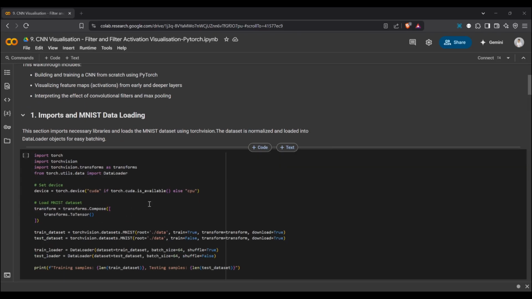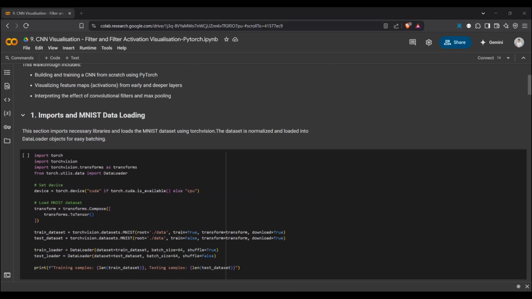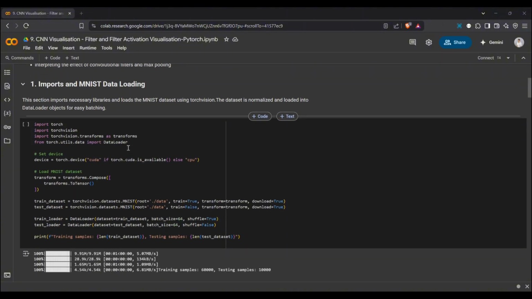So to start, in this section, we bring in the necessary libraries for deep learning and also for data handling and visualization.